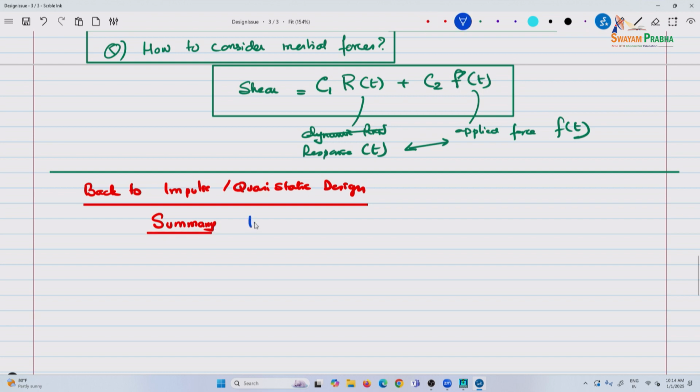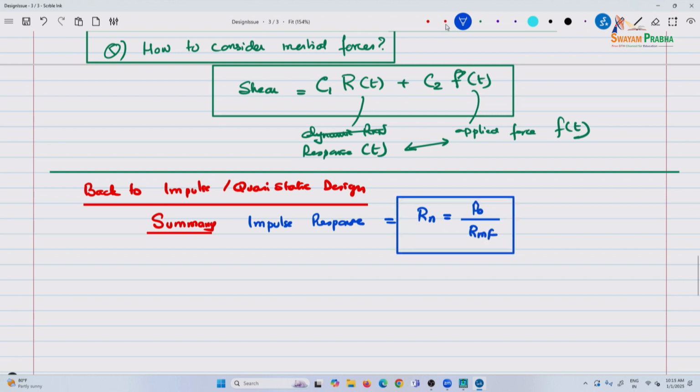if it is an impulse response, what you have is the Rn needed is P naught by RMF, the response modification factor, and RMF was 1 minus 1 over 2 mu, or 2 mu minus 1 by